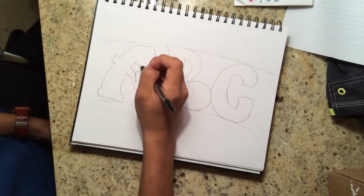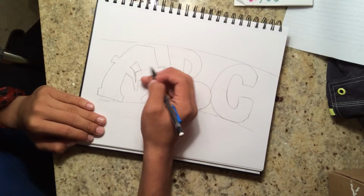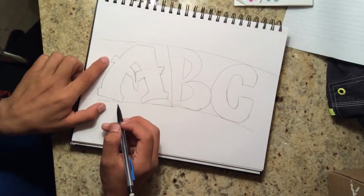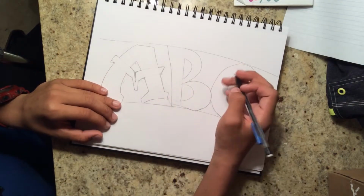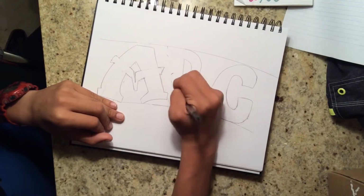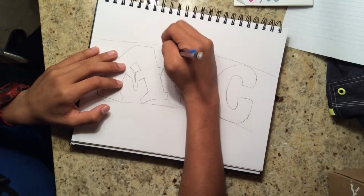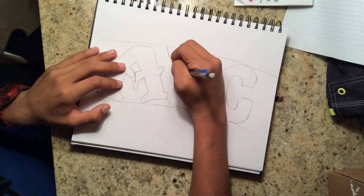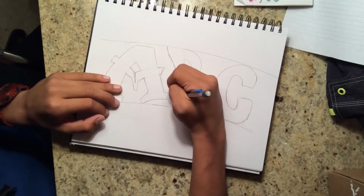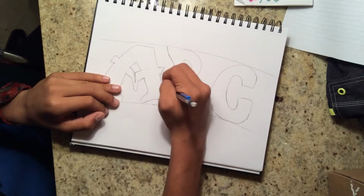So maybe we don't want this to be totally in front of it. Maybe you do. Sometimes I do like to put it all the way in front, but for now I'm just going to erase those lines in the middle of there and not put it in front. Now we're just going to take that one, bring it in a little bit, bring it up, add a little serif here,